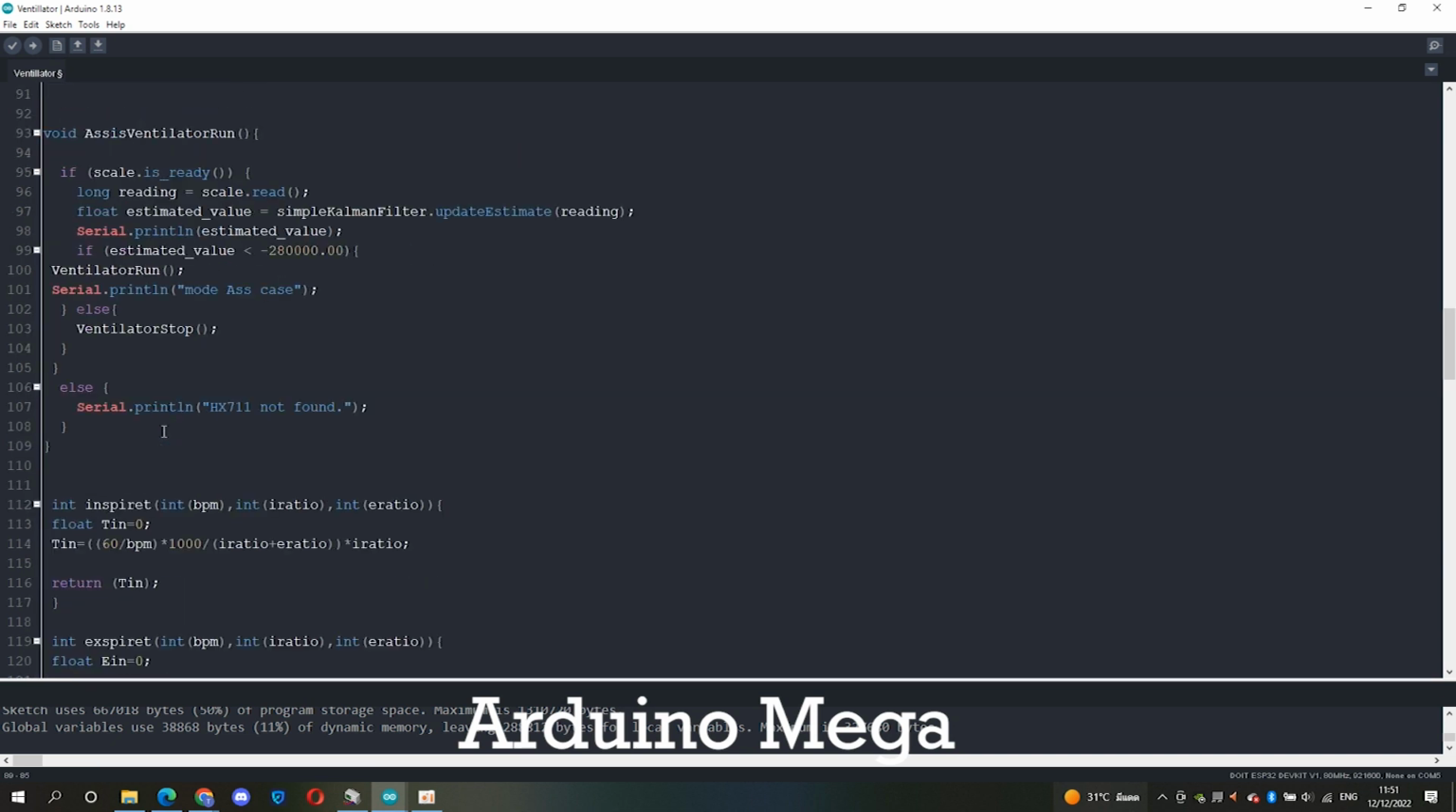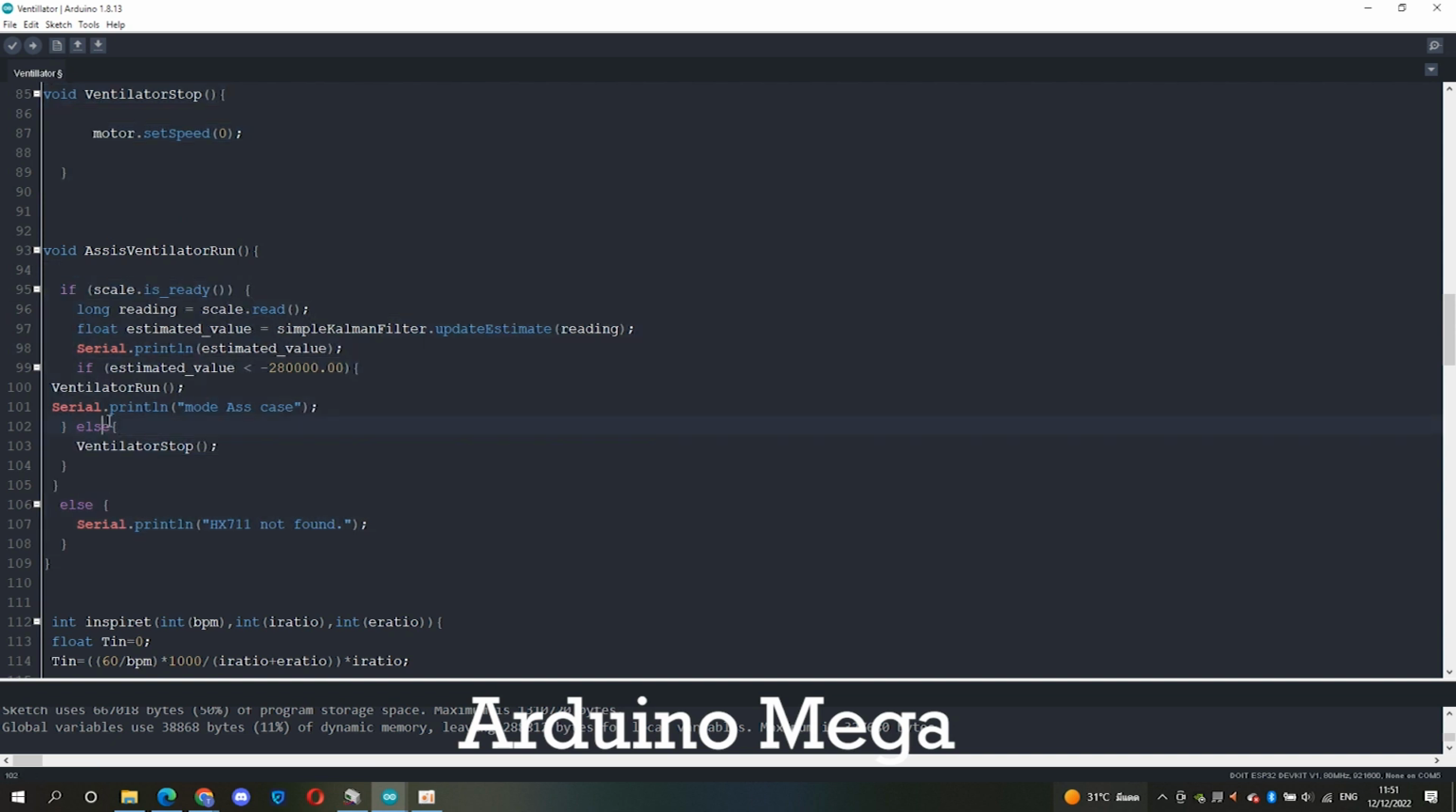Okay, and the assistant mode ventilator. First we have to read the pressure sensor. The scale is ready, so we receive the scale reading. Then we read, and we set the float estimate value equal to the simple filter update of the reading. After it is read, we serial print the estimate value of the sensor that is read. Then we come to the function: if the estimate value is less than minus 2,800,